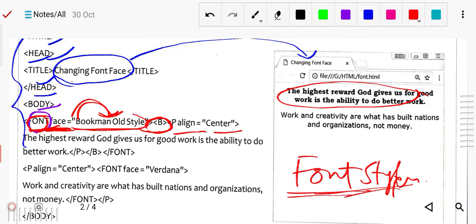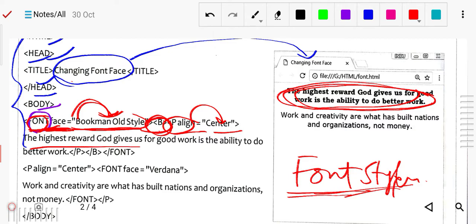Font style should be Bookman Old style. Bold is there means whatever text we write should be bold. Then after paragraph align center, so that paragraph will be in the center. You can see this paragraph aligned in the center.